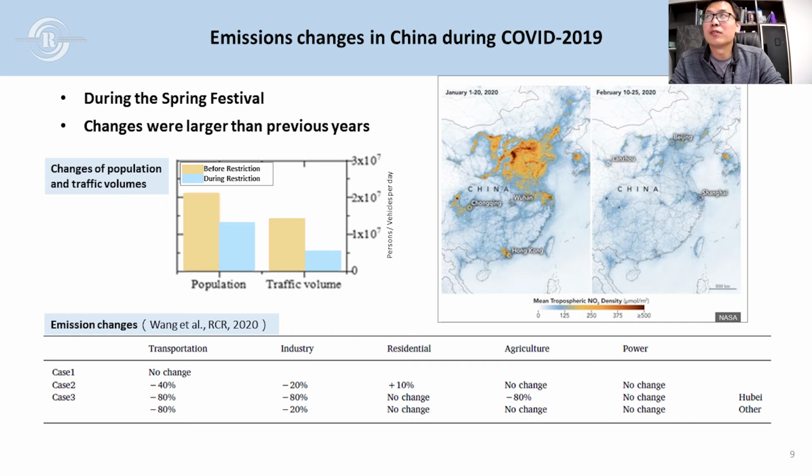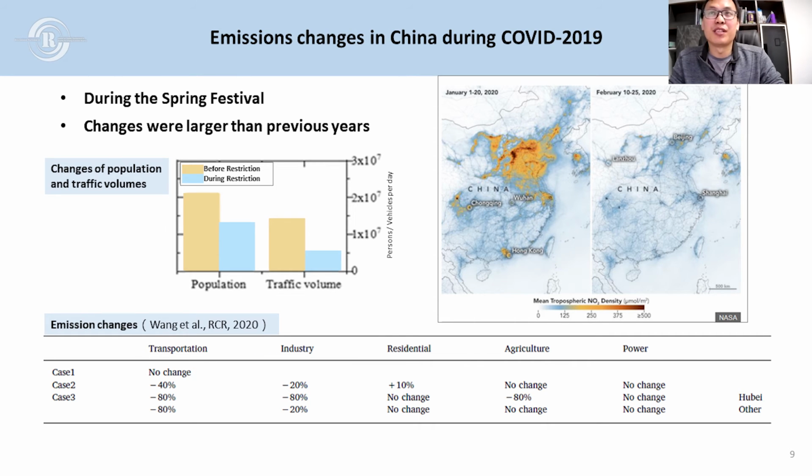So here we use China as an example. Emission changes during the COVID-19 for two reasons. One is actually it's the spring festival during the COVID-19 process. However, the changes were much larger than previous years. In previous years for the spring festival, people also go home to their hometown and reduce a lot of activities during the holiday season. However, this year due to COVID-19, the emission reductions are much